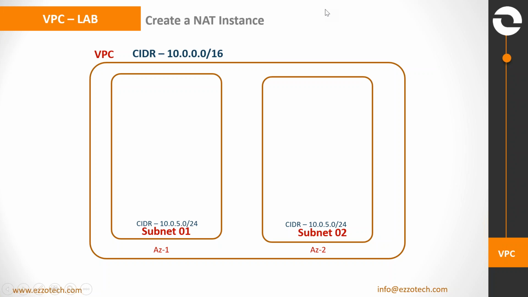No, exactly. So as per the rule, the CIDR block of the subnet should be a subset of the CIDR block of the VPC, and the CIDR block of a subnet should not overlap with any other subnet inside the same VPC. So here the subnet 2 CIDR block 10.0.5.0/24 is not an acceptable CIDR block. So instead of 5, we can go ahead with any other number: 0, 1, 2, 4, 15, 10. Now,